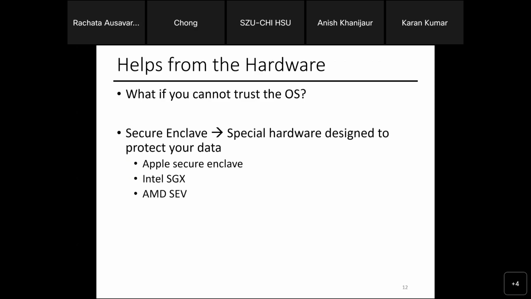So now, from the hardware side of things, you also have special hardware designed to protect your data. For example, in the Apple world, you have this concept of the secure enclave. I can kind of explain it this way: it's a region of memory that no one can touch. Why is that nice? Usually, when you think about the kernel, it can touch everywhere in the memory, right? Because the kernel is the basis for managing the memory. The point of the kernel is to manage the hardware.